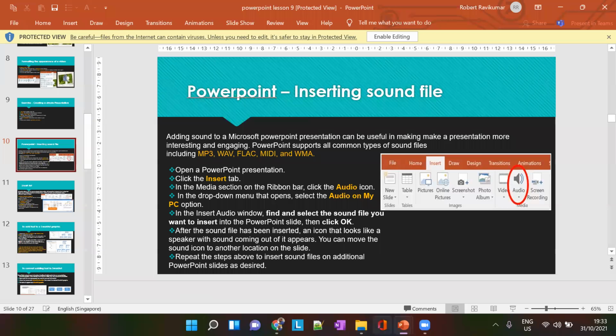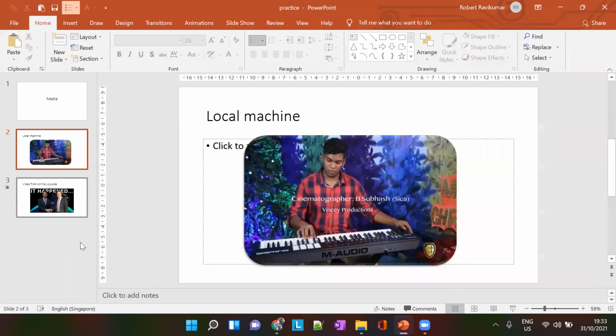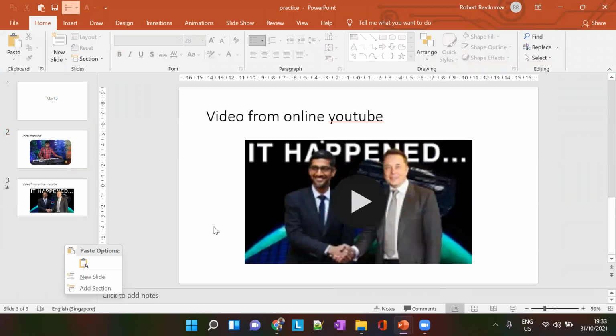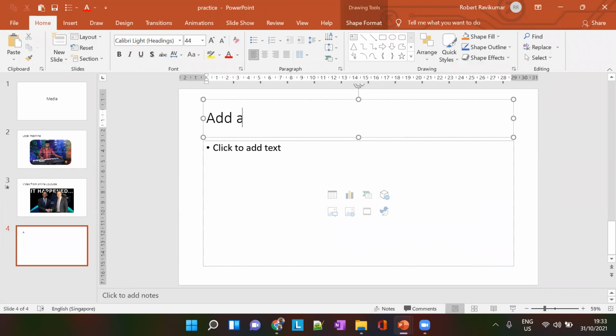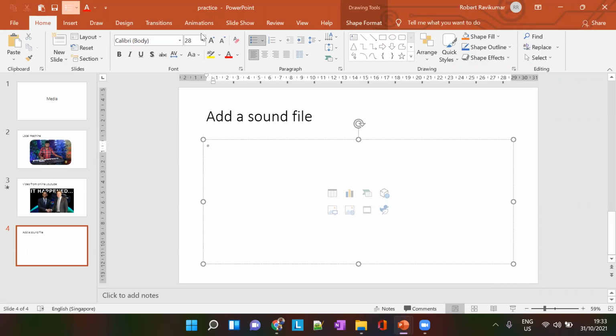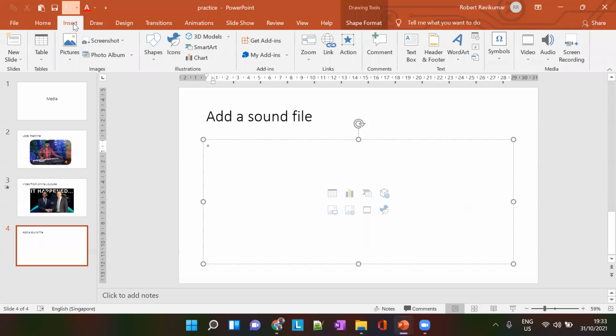So we are going to see how to insert a sound file now. So create a new slide. Let's say add sound file. We go to the insert tab and you can see the audio option here under the media. Click the drop down and audio on my PC.